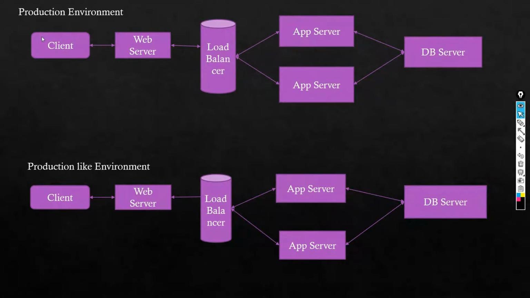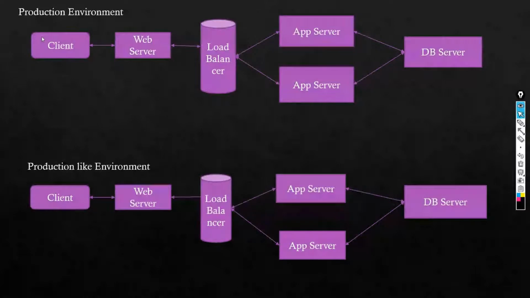So what is the infrastructure? What is the configuration, or what is the hardware, and what are the different types of servers in production? That particular configuration or infrastructure should be the same in the performance testing environment also. Before going live, the environment where performance testing is done should be similar to production. What do you mean by production? That is live, where the end user will work. Our performance testing environment should be the same as the production environment.